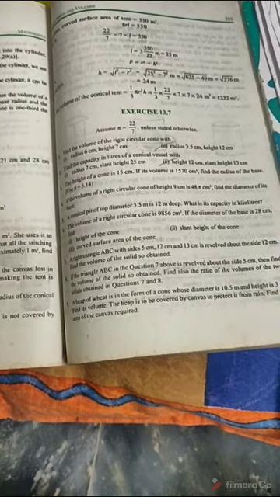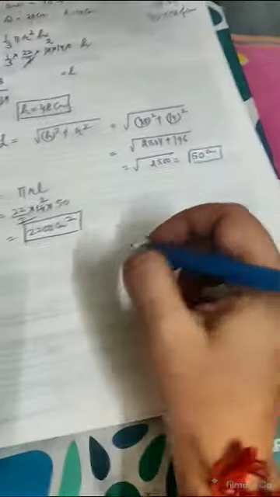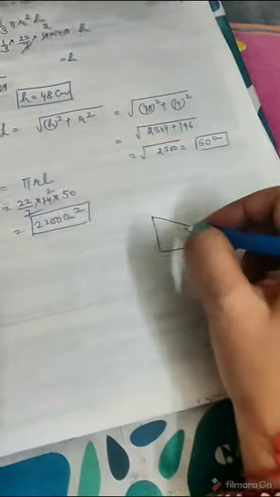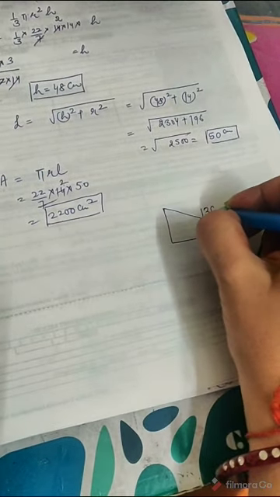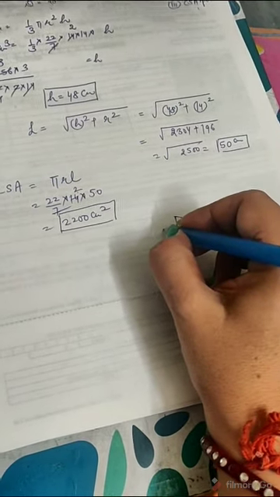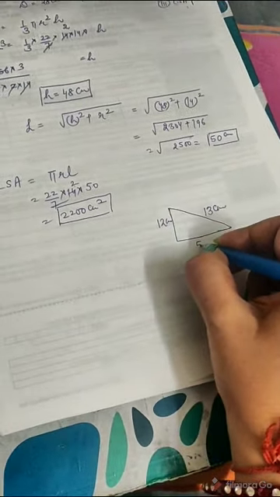Let's do question number 7. This question 7 says that a right triangle ABC with side 5 cm, 12 cm and 13 cm is revolved about the side 12 cm. Find the volume of the solid so obtained. Since it is a right triangle, the largest side is going to be the hypotenuse, equal to 13 centimeter. Since it is going to revolve about 12 centimeter, I'll be taking 12 centimeter here and your 5 centimeter here.